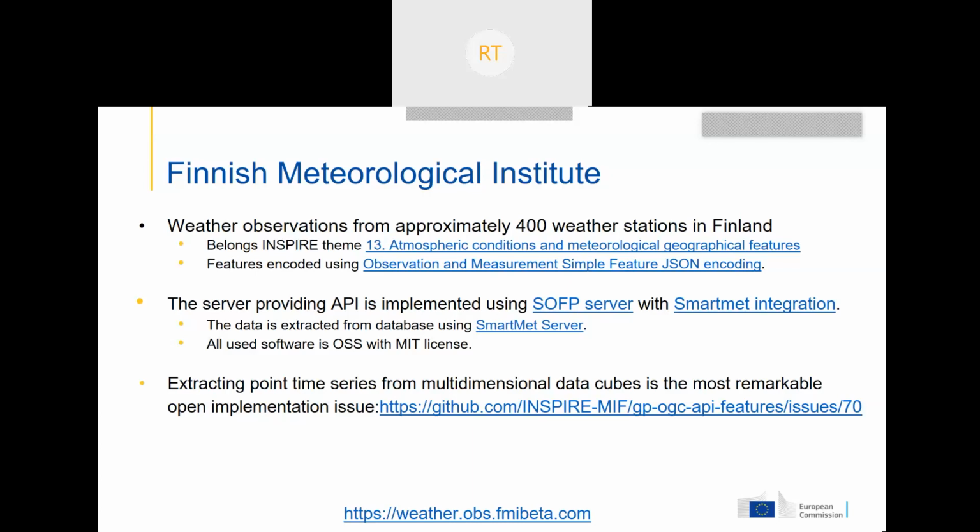The main implementation issue at the moment is how to extract point time series from multidimensional data, like, for example, weather forecasts, because the current feature service is not very intuitive in that kind of case, where features do not exist before they are requested, but features are kind of created on demand from the data cube behind it.